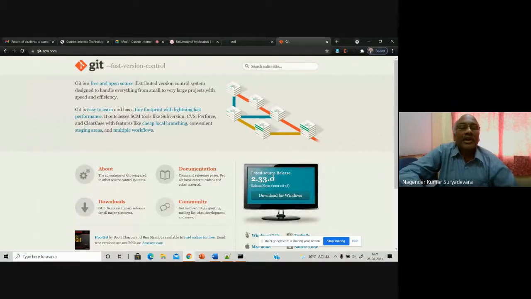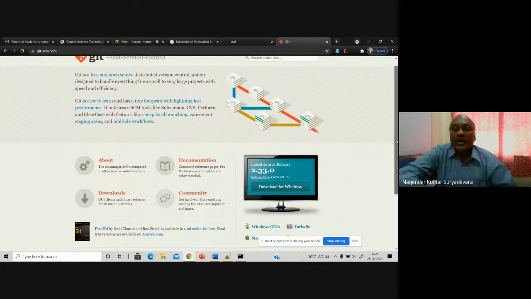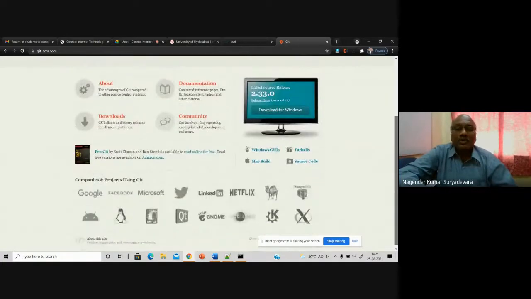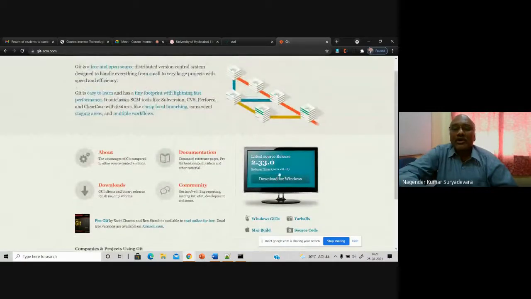Git is basically a software which is distributed in nature, which will handle so many other functionalities. Of course, you can use curl also. If you are going to install it on Windows, you get the Linux or Unix environment to issue the commands and to run it. So I prefer for you to install this onto your laptops or desktops if you're having Windows. That will be most preferable. You just download for Windows here. Of course, the latest version is there.